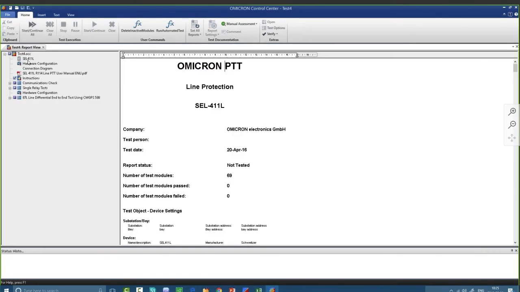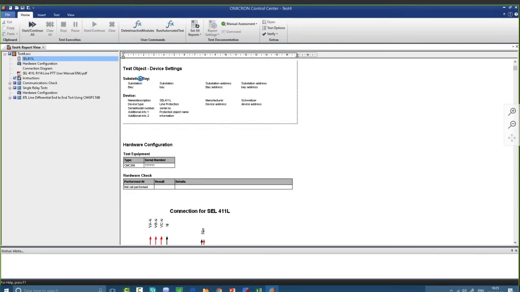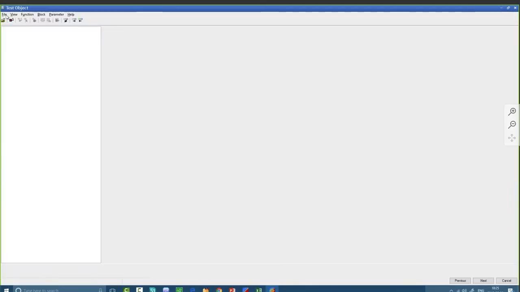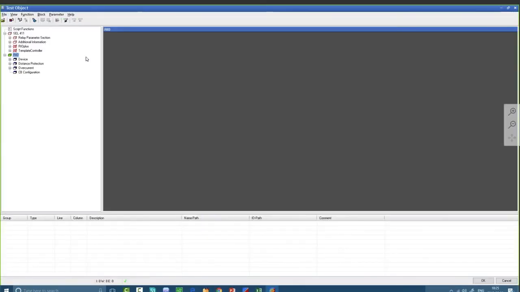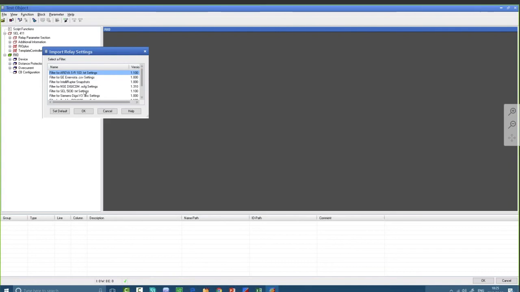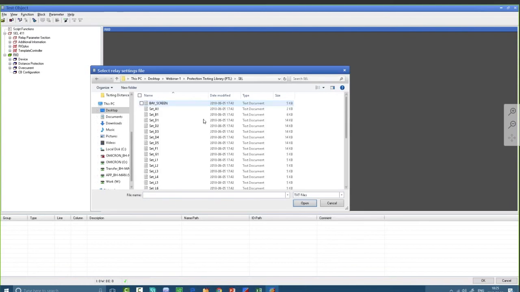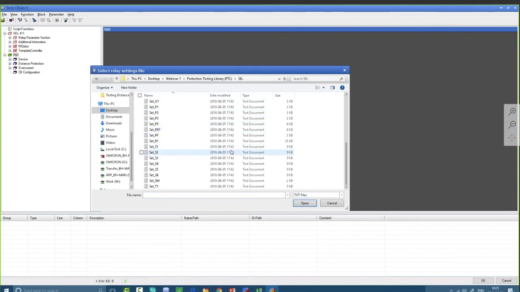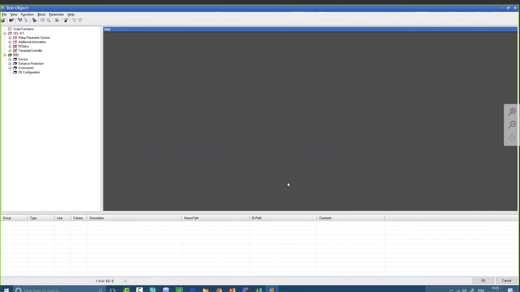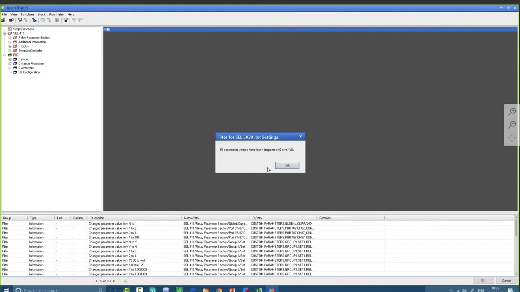Here I will open the test object, then file import. At that time, I need to select TXT, which is mentioned here for SEL. I will open. If you remember, we have many files, not only one file. At that time, we need to press Ctrl plus A, select all, then open. Now you start to import. 35 parameters were imported, but the main point is zero error and the green